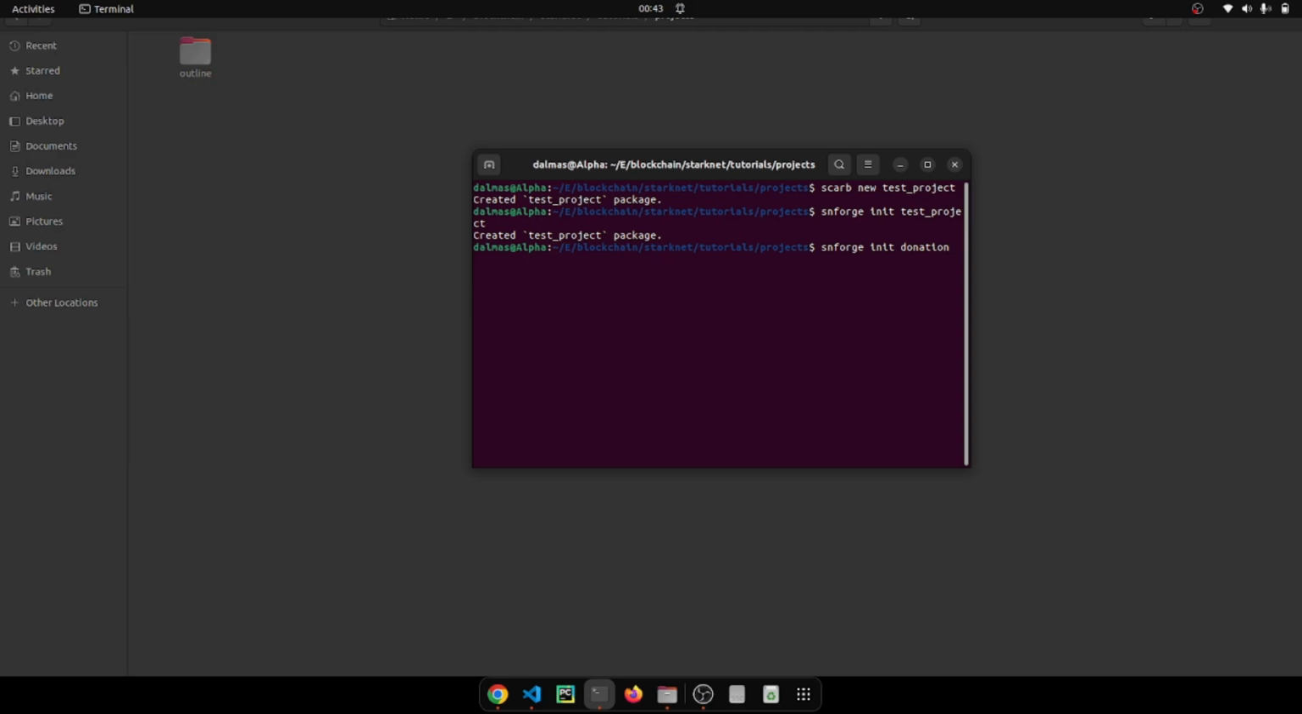So why did I choose donation? It has a number of fields that we can explore to help us touch on a number of really separate things. The ones that I did not catch while we were learning Cairo, and some that I missed along the way while introducing Starknet. So we have